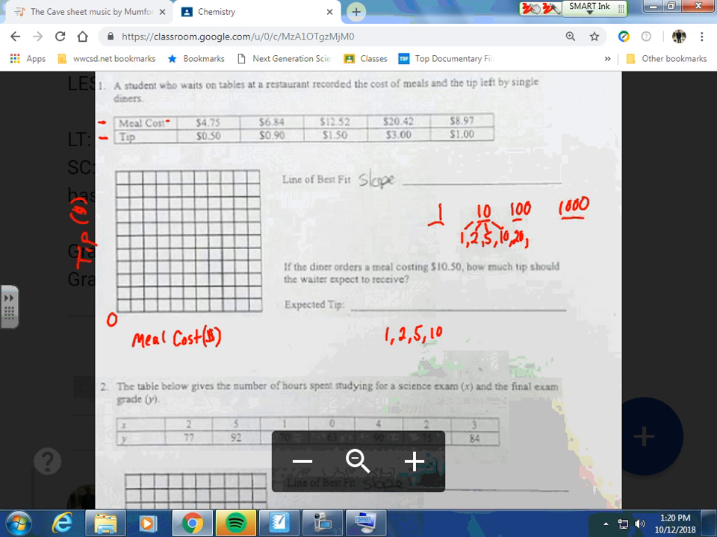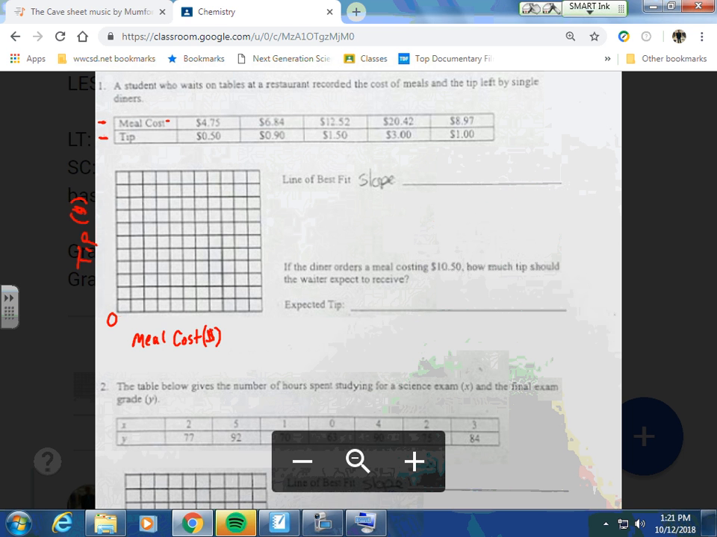I could even do 25s, they go into it evenly. See? 30s, no, not really. 40s, no, not really. 50s work. 100 works. So numbers that go into it evenly are good to use for marks, and they're pretty easy to understand. Okay? Ones, twos, fives, tens, 25s if you're going higher. All right, so anyway,